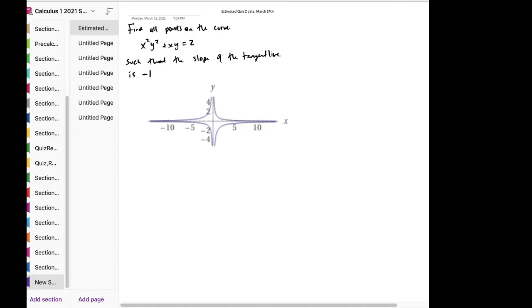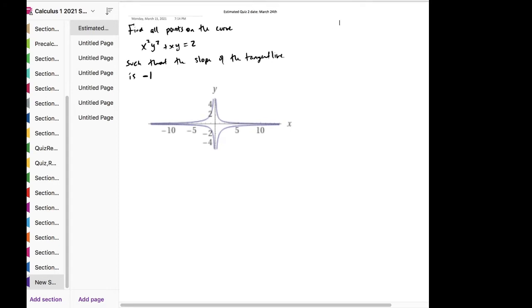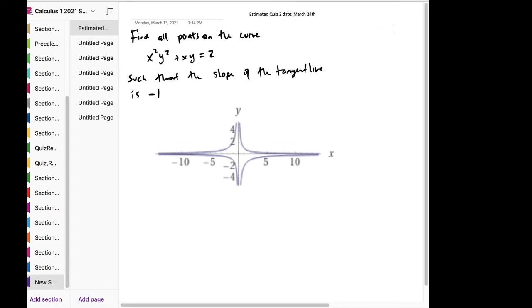Okay, so why don't we do this practice problem? We have this implicit curve, x squared y squared plus xy is equal to 2, and this is the graph of that. And the question is asking to find all points on this curve where the slope of the tangent line is -1. So first of all, just as a review for tangents, do you know which quadrants